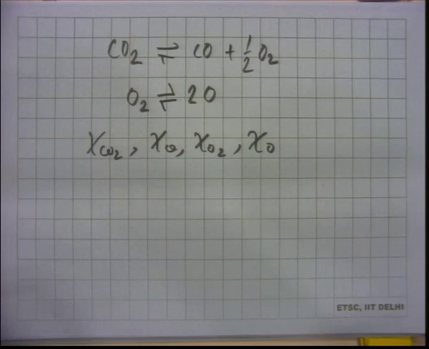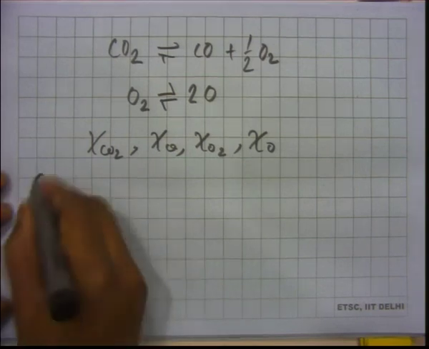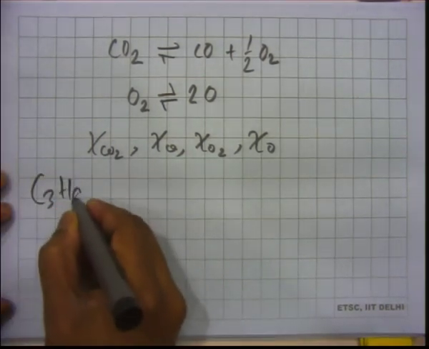Now, this was an easy system, CO2 dissociating into few things. So, you get 3 mole fractions, maybe 4 mole fractions, not so difficult. But ultimately we are not dealing with carbon monoxide and oxygen and carbon dioxide, that will be too easy a thing to do. So, we have to talk about, let us say, combustion of propane, and whatever happens here, right.